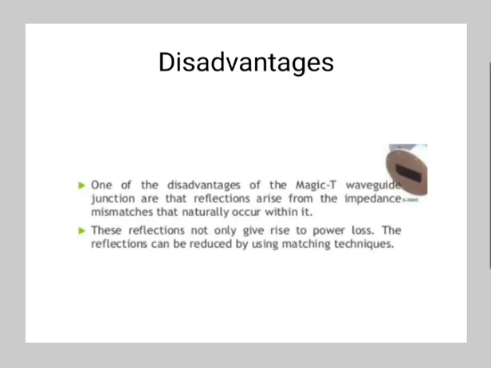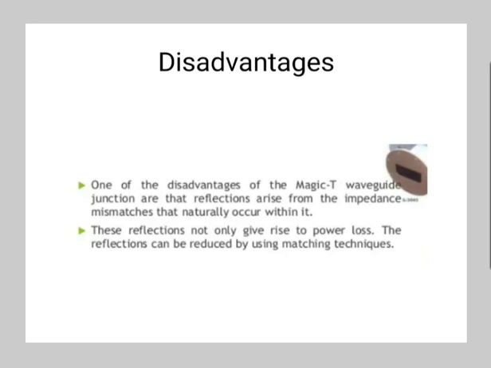Then the second application, magic tee as a duplexer. The antenna is placed at the E arm, or port 4, and port 3 of the magic tee is terminated with a matched load. At the time of transmission, half of the power arrives at the antenna, from where it is beamed into space, and the other half arrives at the matched load where it is absorbed without reflection. No transmitter power arrives at the receiver because port 1 and 2 are completely isolated at the time of reception and transmission.